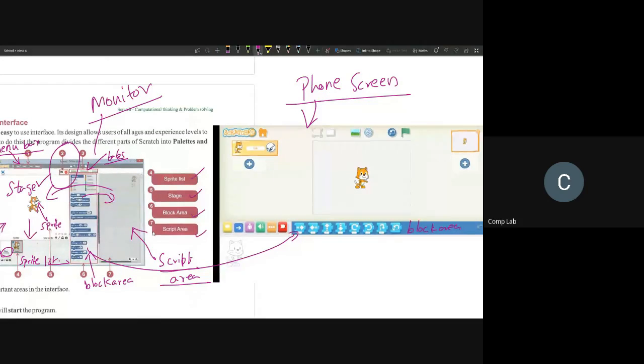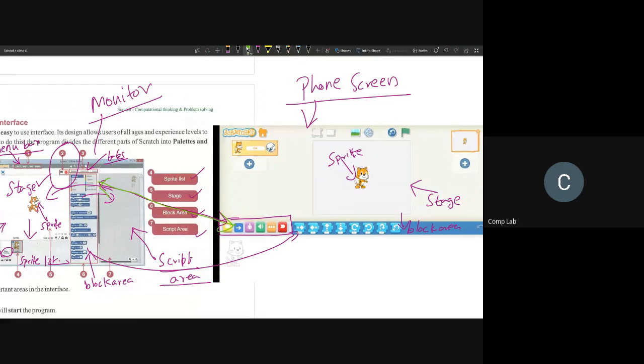So let's see all the differences. In the center of your screen, you will see your sprite. This sprite will do all the actions in this white area called our stage. Next, we have our block area immediately below the stage. These are all our blocks. If you want to select different categories, we can do so by clicking here. The same thing is available in our Scratch also. Let me change to a different color. Here you can see the same thing is available here also. The only thing is the icons and text are somewhat smaller.